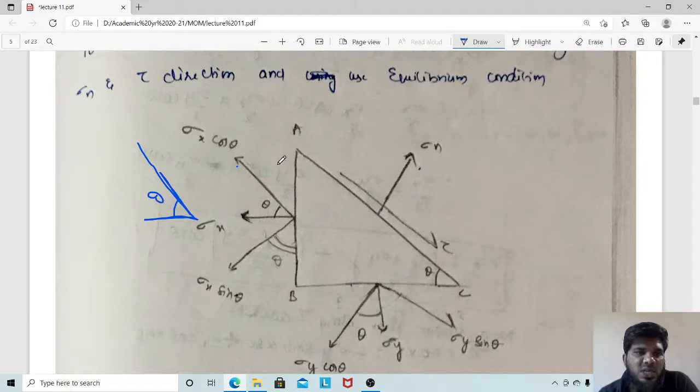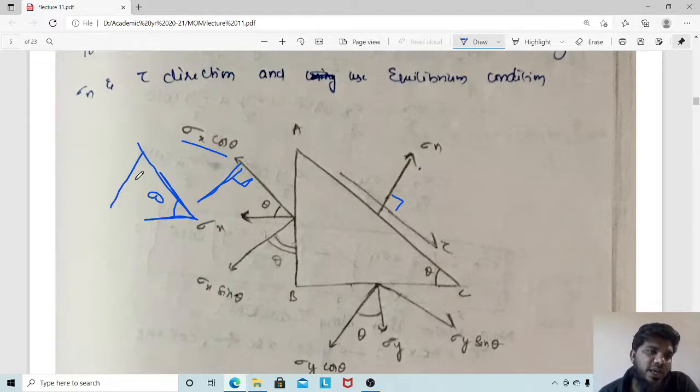Obviously this is next to theta. Obviously this is sigma x cos theta. Similarly, here we can draw a perpendicular line to this line, which is in the direction of sigma n, parallel to sigma n. You can take it parallel to sigma n because tau and sigma n are also perpendicular to one another. Here also these two are perpendicular. Okay, so perpendicular to sigma n. So obviously this will be nothing but sigma n cos theta.